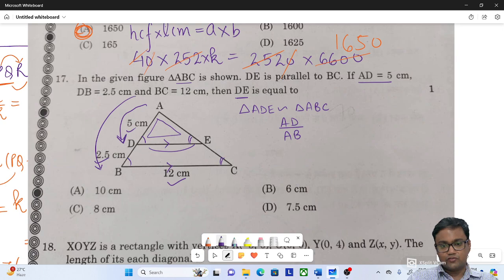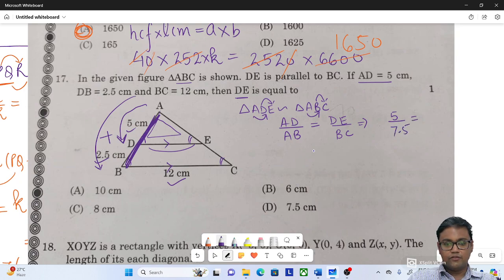AD of the first triangle upon AB, you can see from the correspondences, AD above AB is equal to DE above BC, right? So what is AD? AD is 5, AB is 5 plus 2.5. AB पूरा है ये, right? This is the complete segment AB. So that is 7.5 is equal to DE